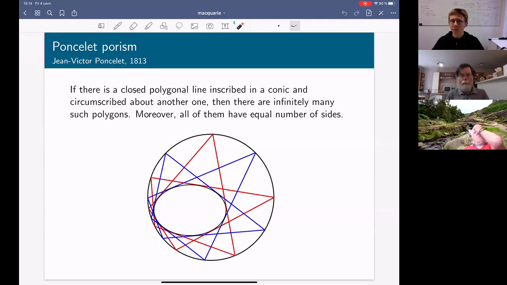Okay. Now I would like to tell a little bit about the history of the Poncelet theorem, the Poncelet porism. As you can see here, the year when Poncelet got it was 1813, the very beginning of the 19th century, and just as we can recall from our history lessons, it was the year after Napoleon's attempt to invade Russia. Poncelet was very young in that year. He was only 24 years old, and he had just graduated from École Polytechnique, and was mobilized as a junior officer to Napoleon's army,